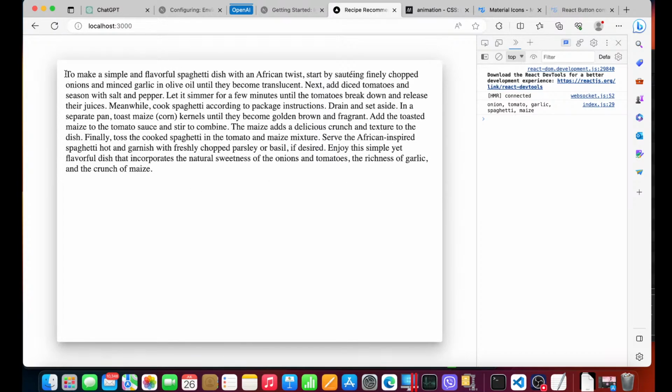So this is a recipe recommendation. To make a simple and a flavorful spaghetti dish with an African twist, start by sauteing finely chopped onions and minced garlic in olive oil until they become translucent. Next, add diced tomatoes and season. Okay, let's simmer for. Okay, so this is a fully fleshed recipe recommendation system. So